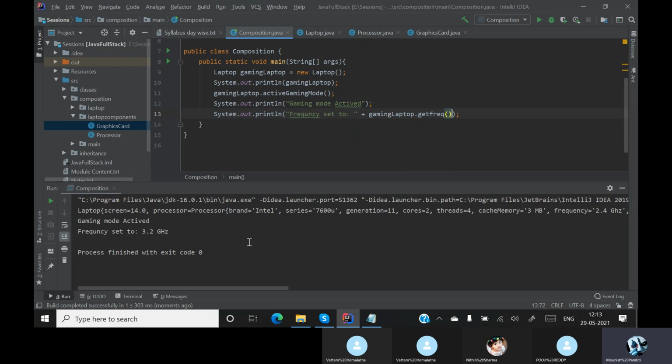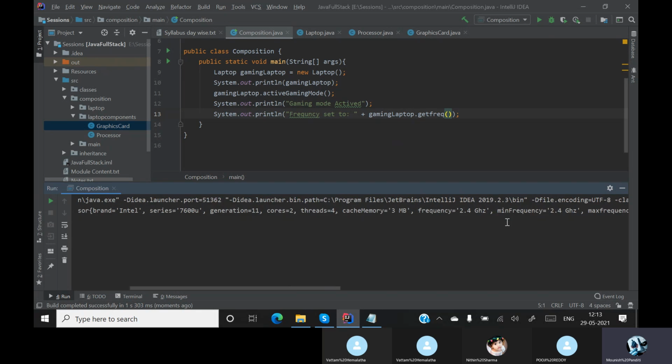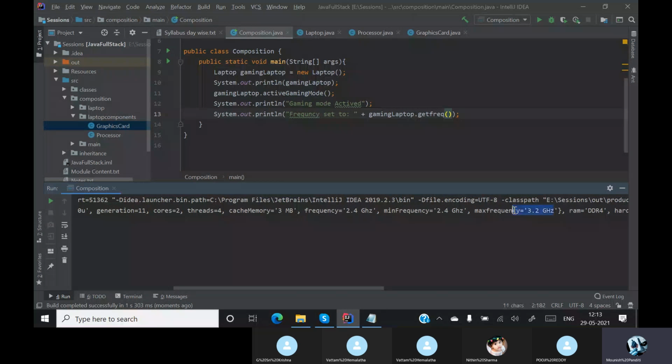Okay, see over here, this is my initial data, initial complete laptop specs. Now I activated my gaming mode. When this gaming mode is activated, you can see that the frequency is set to the maximum. The maximum frequency is 3.2 gigahertz.